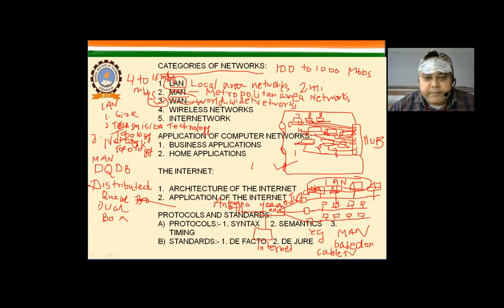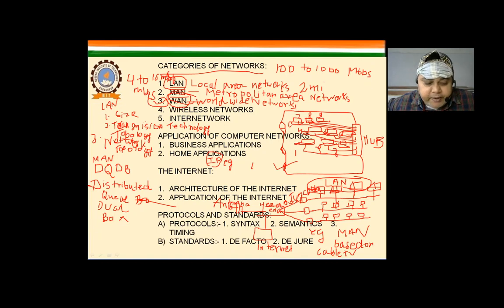whereas the communication subnet is typically owned and operated by the telephone companies or an internet service provider. So whenever we use WANs, wide area networks, there is a service provider called an ISP, the internet service provider. For example, Reliance Jio, Airtel, BSNL, Vodafone. So many examples are there.